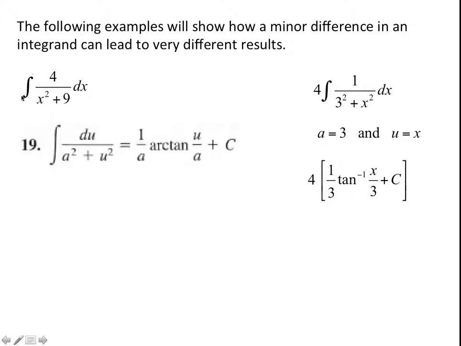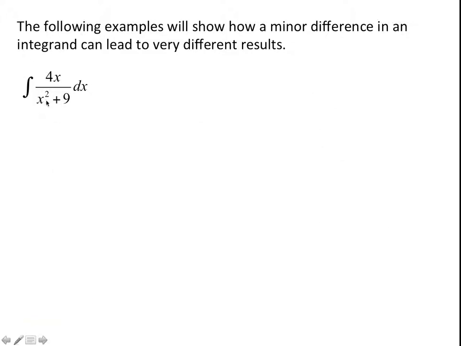Now, if we take a look at this question and just change it a little bit, okay, I just multiplied the 4 and the 1/3 there, but we're going to change this in the next example just slightly. So instead of 4 over x squared plus 9, we're going to have 4x over x squared plus 9. Now the whole